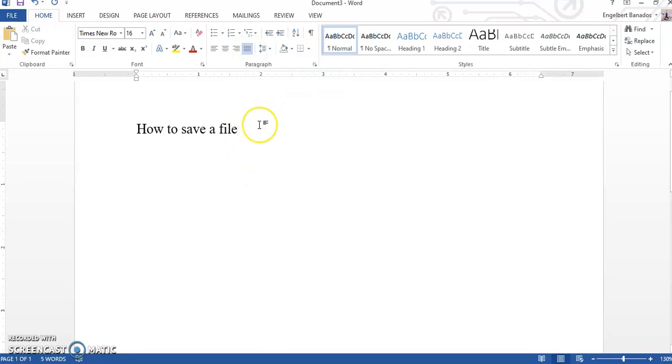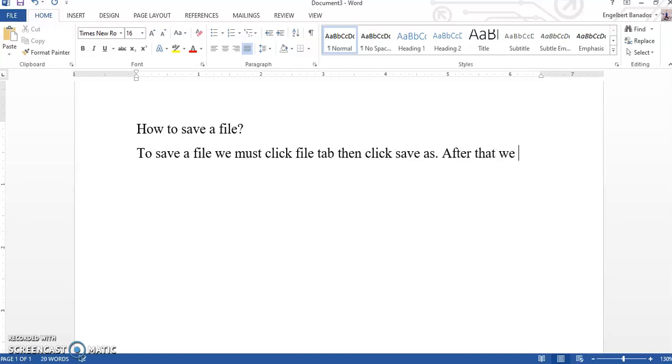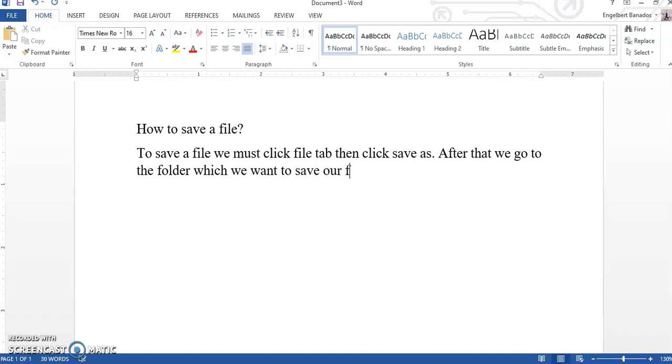So for example, how to save a file. To save a file, we must click File tab, then click Save As. After that, we go to the folder which we want to save our file. So like this. Notice